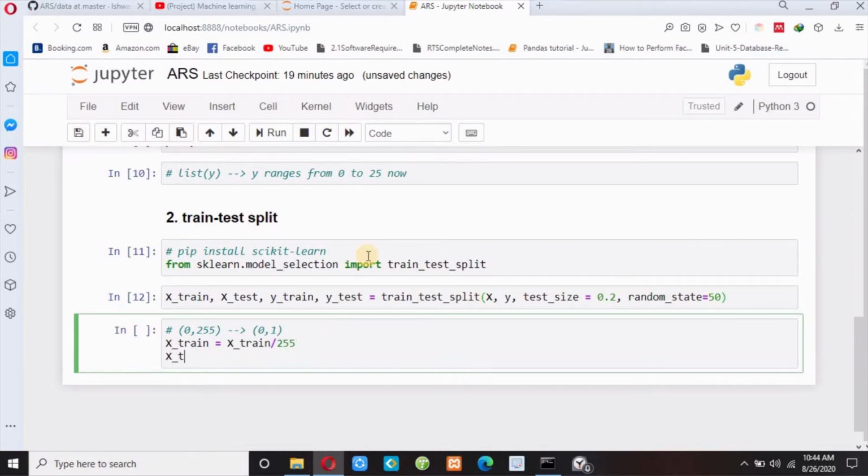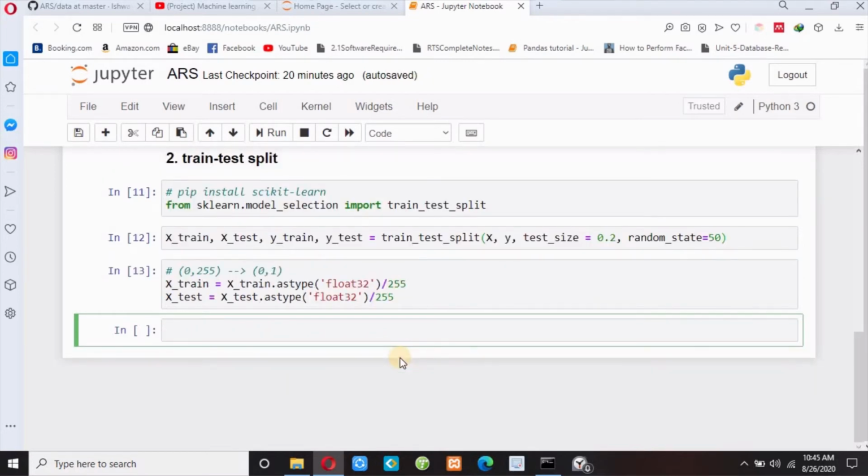In the same way, x_test equals x_test divided by 255. And since we are performing a division operation, we need to convert this into float value. So astype float32, and in the same way astype float32. Now let me execute this cell also.